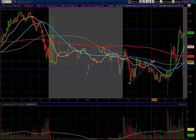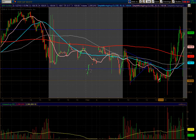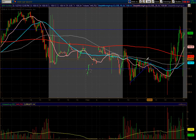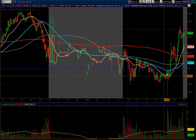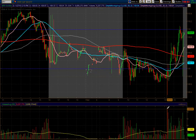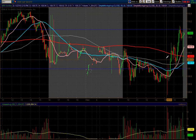Here's just a visual of that. Then we broke down and broke down again through 109, came down here, tested the low of the day, made a slightly lower swing, not really. One second, just clean this up a little bit, and then the Fed announced at 2:15. We were under this resistance at 109, and big volume stepped in at 2:15 when the Fed announced. We looked like we were going to sell off hard, and we came down here at 108.30, almost testing the